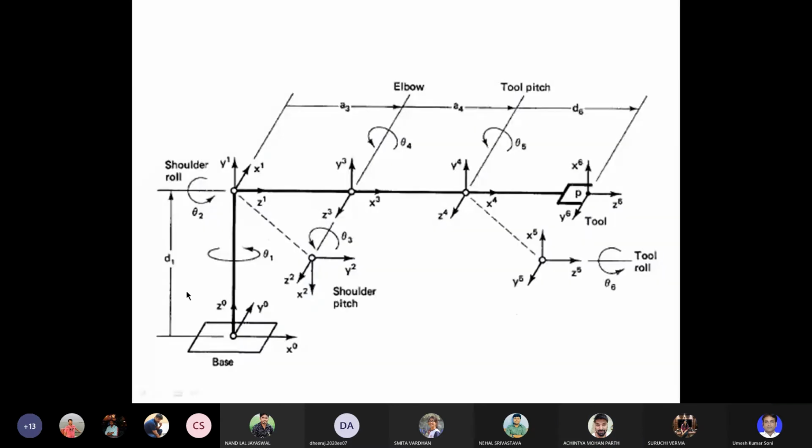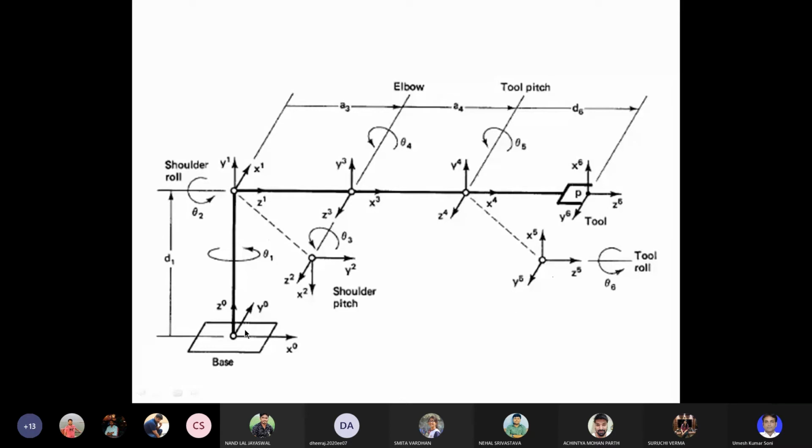यहाँ पे जहाँ पे D को फिल करना है, so you will keep D1 and remaining all the elements 0, and then you will keep the D6 there, and remaining places you will keep 0. And now for the fixed lengths you will keep A3 and A4 only, and you will keep 0 for all other values. Okay, now for angle you will keep theta1, theta2, theta3, theta4, theta5, and theta6, in the angle column.